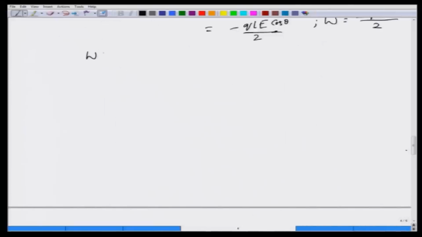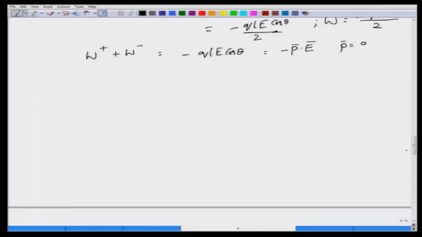The total dipole potential decrease, or the potential energy decrease, is given by W plus W minus, which is equal to minus q L E cos theta. Again, q into L, which is the distance between the two charges, is actually the moment, and cos theta indicates that there must be some dot product happening, right. So, the dot product can be obtained by writing q L E cos theta as minus p dot E,